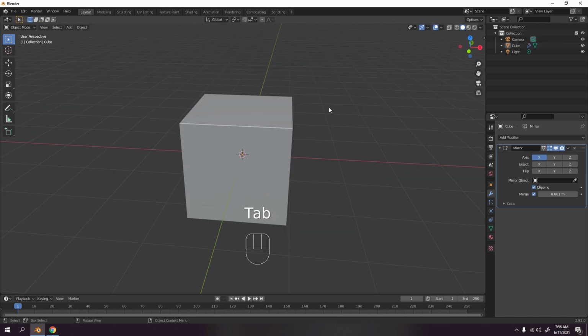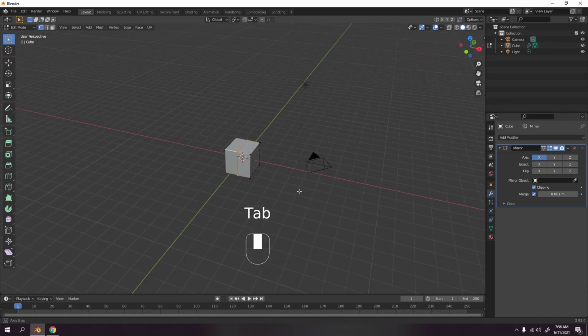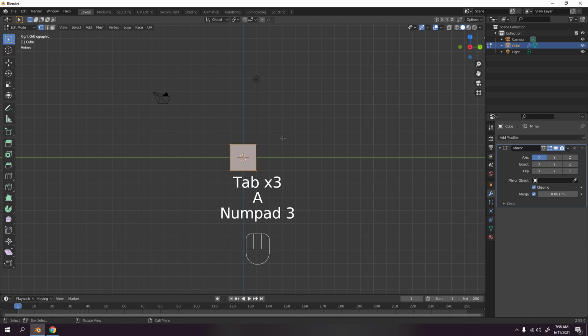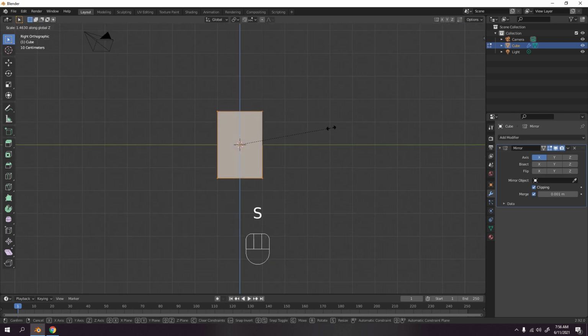Okay, now we got something like that. I'm gonna press 1 now. Okay, this is the front view. We're gonna use the side view. Okay, I'm gonna press 3 now, or I mean the right orthographic. Okay, I'm gonna go to edit mode, press 3 again, and this is gonna be the handle. Okay, scale that to the Z,